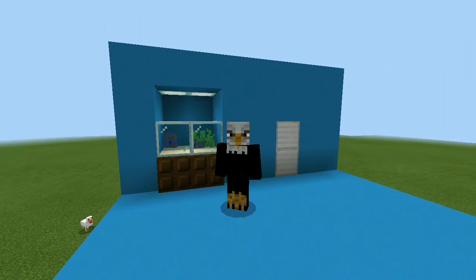And today guys, I'm gonna be showing you how to make this really cool and simple aquarium lock door in